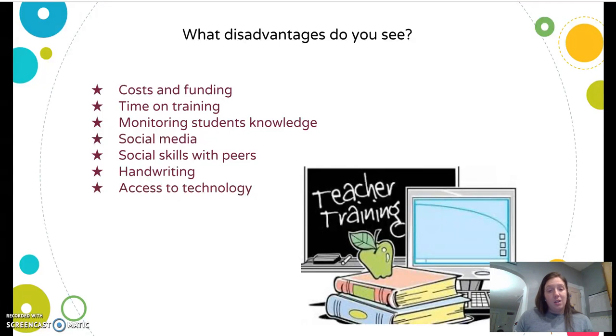Monitoring students can also be a disadvantage. Being able to know and understand if the students are having a strong knowledge of the concepts and the activities and the tasks that's being taught. I know there are a lot of softwares that can be used where the teachers get results of the students' academic performance, but using technology, students have access to a lot more things than they would in a textbook.